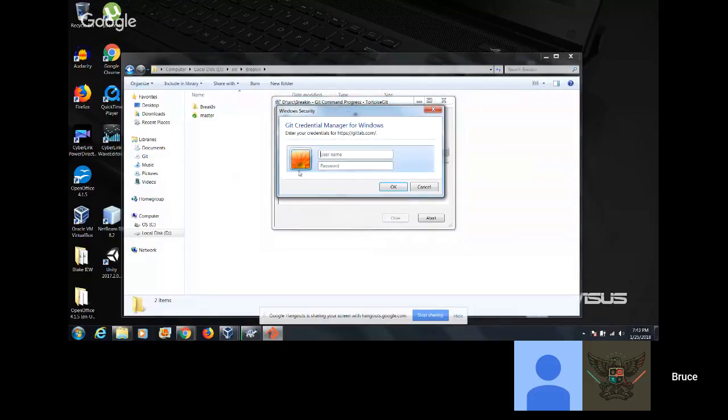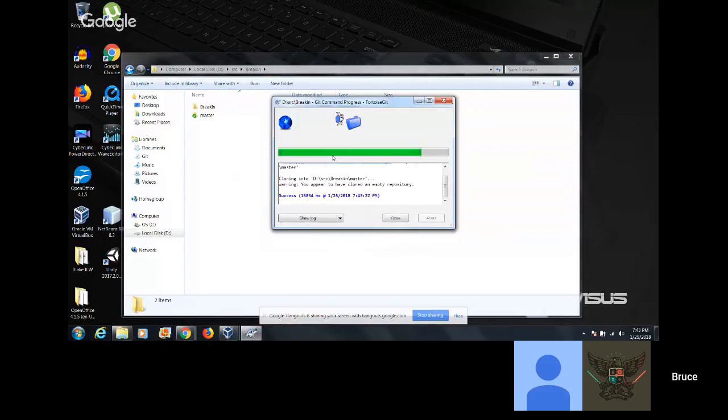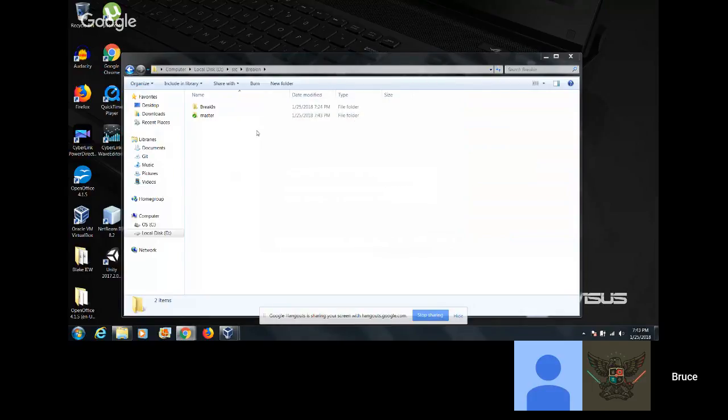Now it's going to get it. Username is your email address, and the password for that account you just created. Okay? And then instantly what it's done is it's checked this thing out. It says success. It's all green, says success, close. And you'll also notice that it puts a green check mark on this. This is a special kind of directory. Let me see here. How do I do this? Oh, here it is.